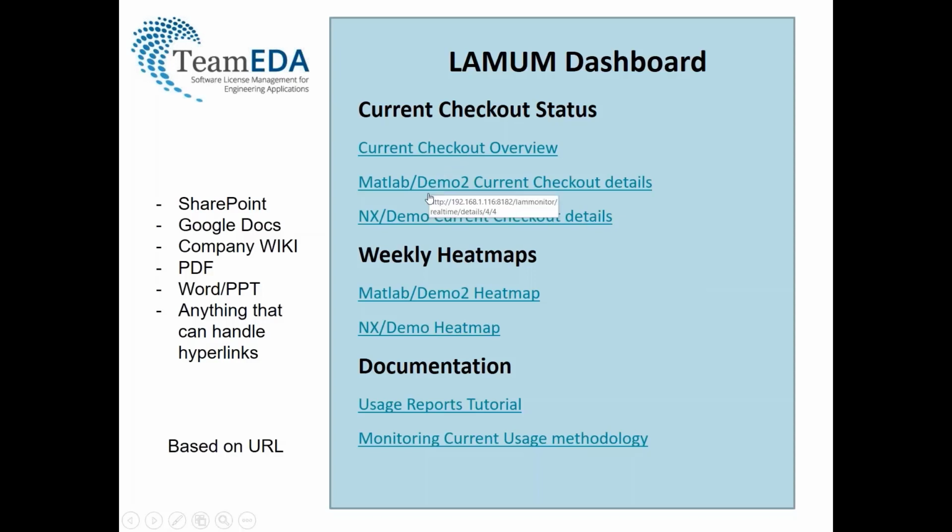That's the key. With our system, 8182 takes you directly to that particular report. So all I need to do is click on that and it'll bring up that report with the most current data in it. So keep in mind it can be any format, and you can have different dashboards for different people. In fact, it's so easy to create a dashboard. Managers can create their own dashboards in whatever format they want and then get the set of reports that are